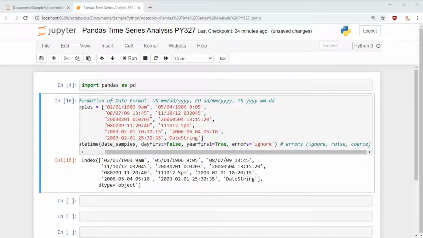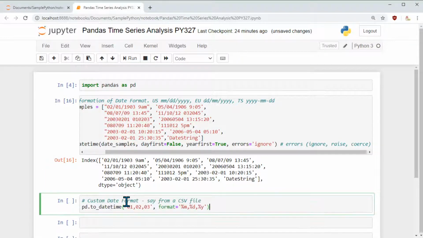Now there are times the dates come in a different format. Let's say we have a CSV file, and the date comes in comma separated like this: 1, 2, 3. In that case, I can specify to the system that these are formatted in this format, where it is month, day and year, and they are comma separated.